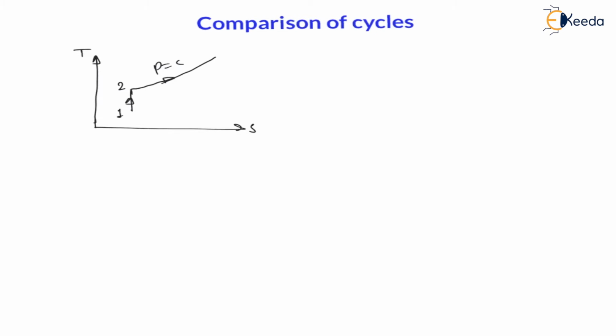Right. So my dear students, the constant volume heat supply and constant pressure heat supply processes look similar on TS diagram. Then 3 to 4 is reversible adiabatic expansion, and 4 to 1 is constant volume heat rejection. These are the various processes on TS diagram. But my dear students, make a note that on TS diagram, temperature versus entropy diagram, from the same point, let us say this is a point.